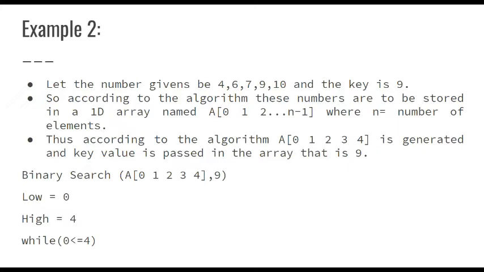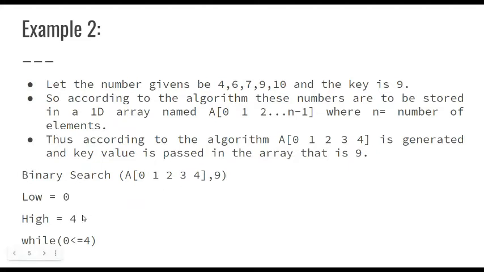According to the algorithm, these numbers are to be stored in a 1D array. We give the array name as a. In this array, a[0], a[1], a[2], up to a[n-1]. Here n is the number of elements and n minus 1 stands for the last element of the array. Then according to the algorithm, indices 0, 1, 2, 3, 4 are generated and the key value is passed in the array, that is 9. Here with binary search, we can find the element 9 in